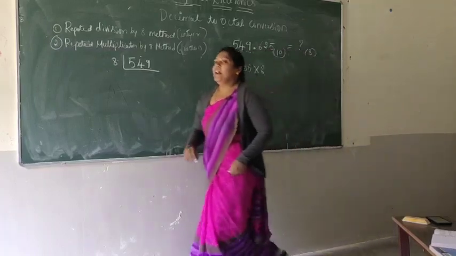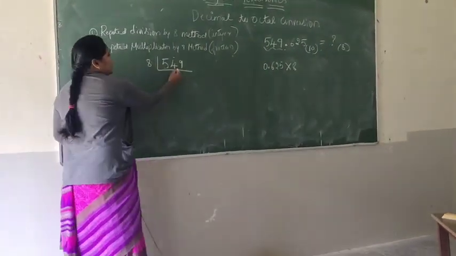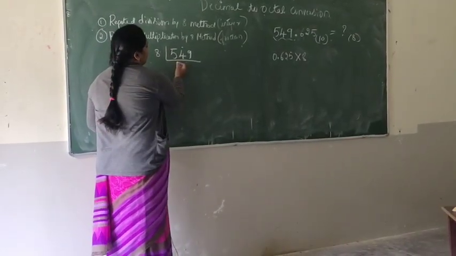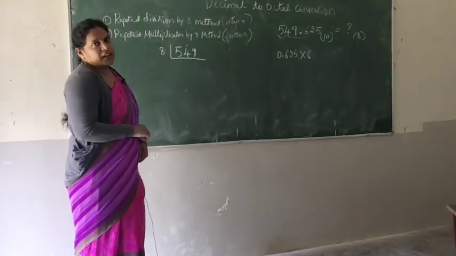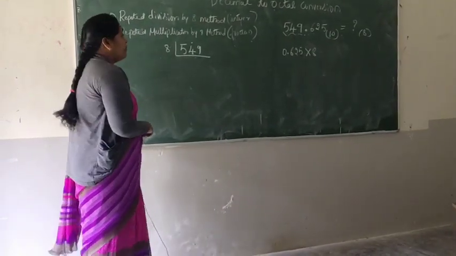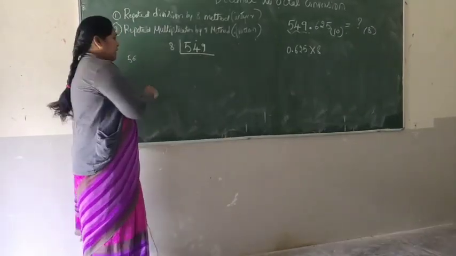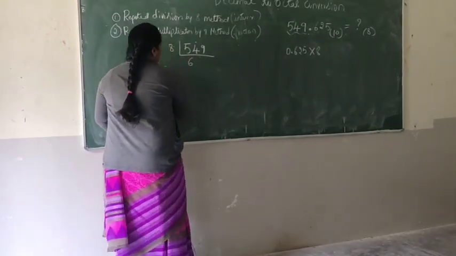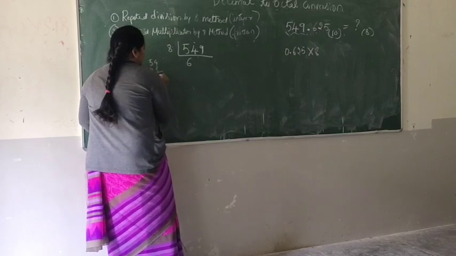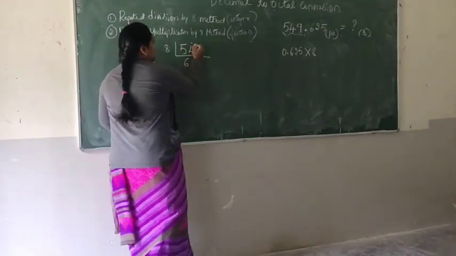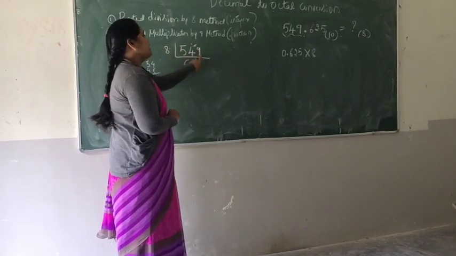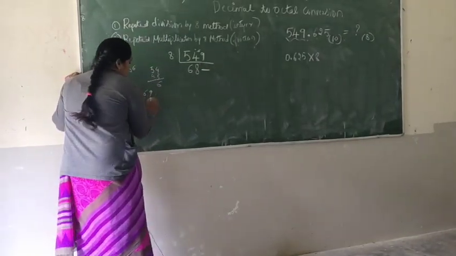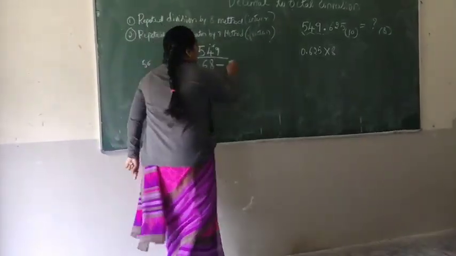Now if you go for your division method, you have to divide 549 by 8. So what will you get? 8 5s are 40, 8 6s are 48, 8 7s are 56, but 56 is more compared to 54. So 8 6s are 48. In 54 if you remove the 48, what you will get? 6. Then that 6 will be given here, so it will become 69. 8 8s are 64. In 69 you subtract the 64. How much will you get? 5. So you write the remainder as 5.